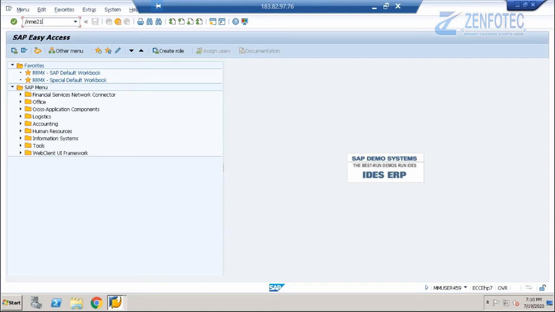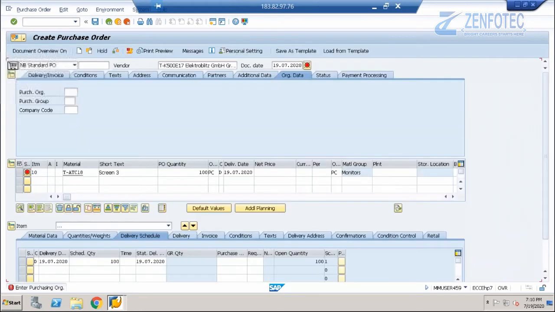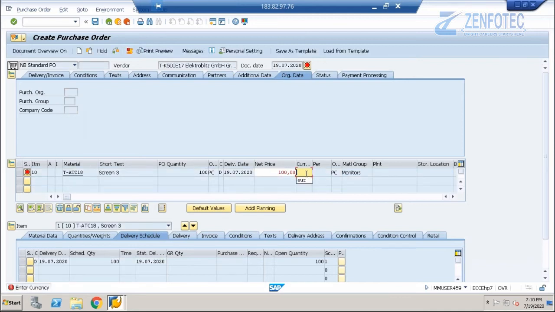/n ME21N, Control V. Purchase order, configure, I'll give 100. Enter. Price is 100. Enter. Currency is euro. Enter.